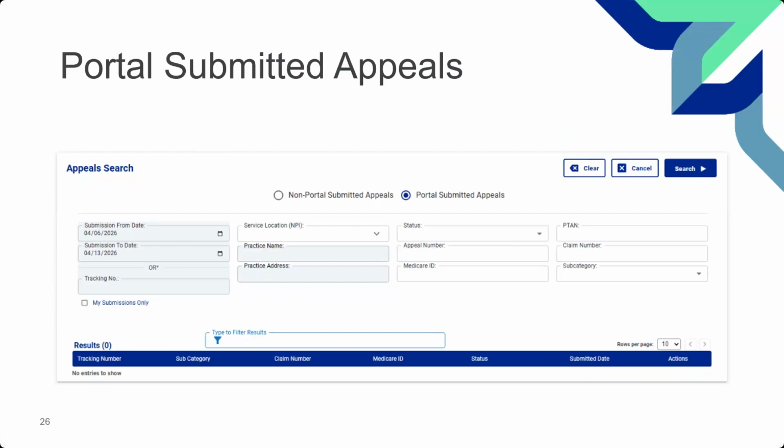Your first option is to choose from requests that have been submitted outside the portal, so something that you faxed or you mailed in, and those that have been submitted following the process that we just talked about on the previous slides. So first, we're going to look at searching requests that have been submitted through the portal. Your search must start with either the tracking number that was received in your successful submission notification or by entering